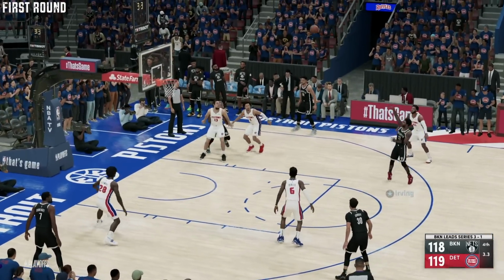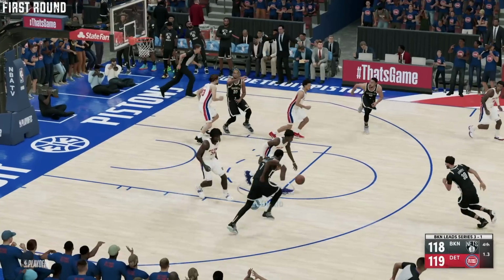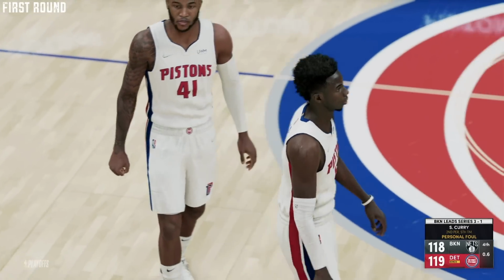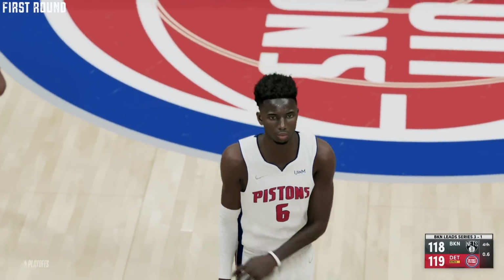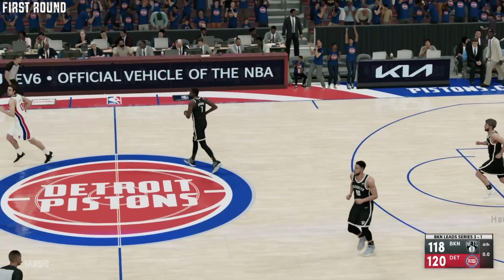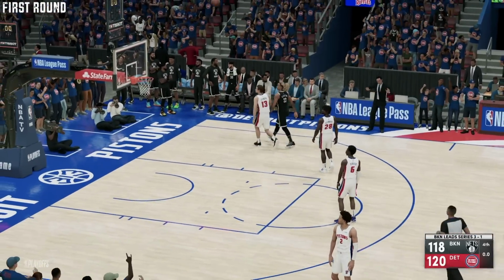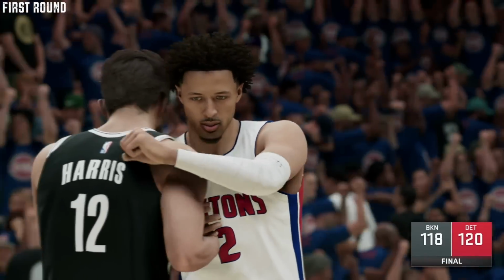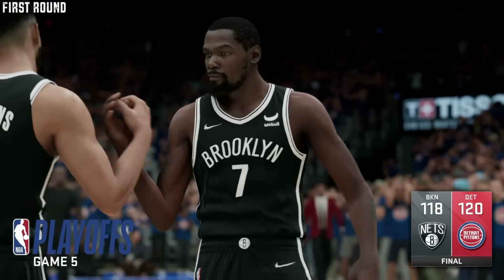Step back, got him with the pump, and he missed it. Irving missed a wide open jump shot. A beautiful move, but he couldn't finish it as the Pistons get the rebound, and they're gonna win Game 5. We got Game 6. Can the Pistons upset the Nets? I mean, it's getting close, and we're gonna come back to this series later on in the simulation, but now